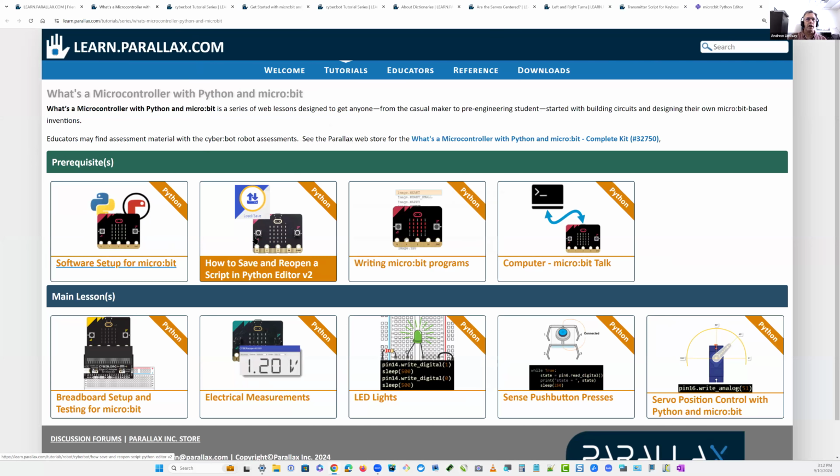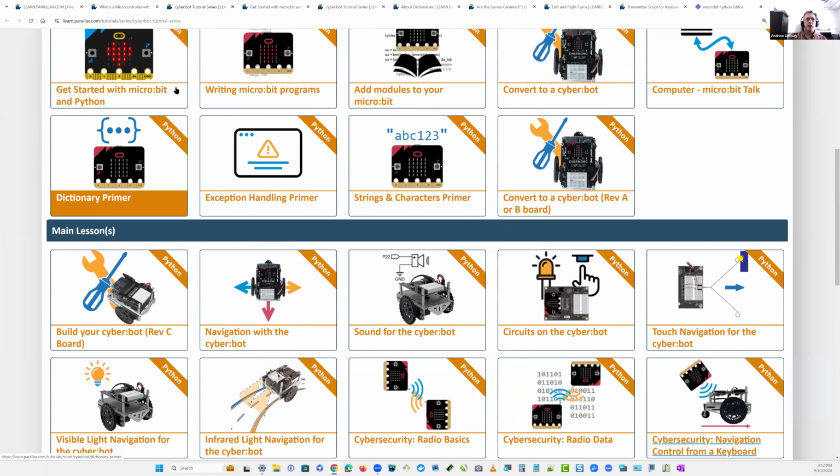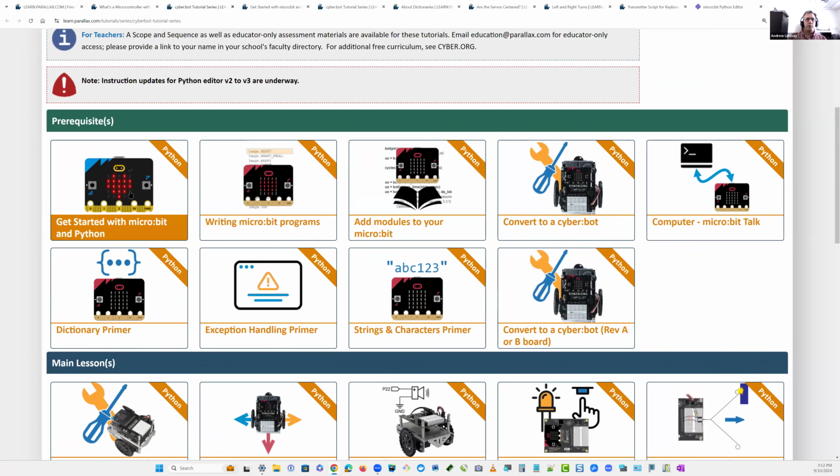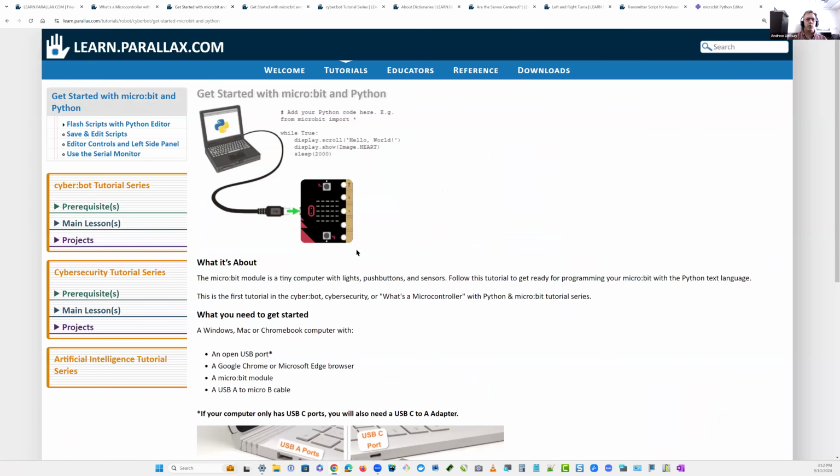There's also a how to save and reopen using version 2. So those two tiles used to be in all of our sites, and we've been partially migrating. Those tiles were over here on the right, and what I did was I removed them. And then in getting started with the Microbit and Python,